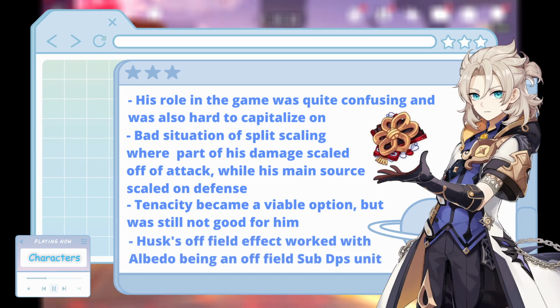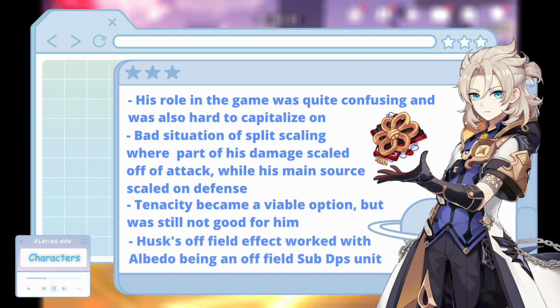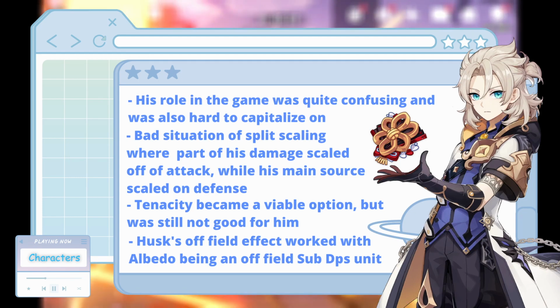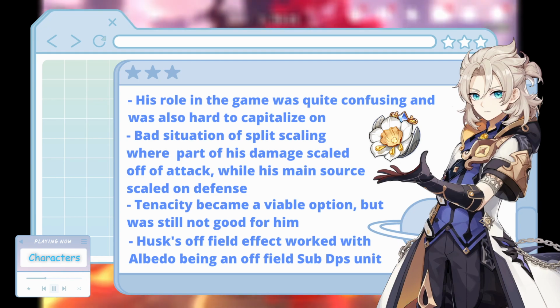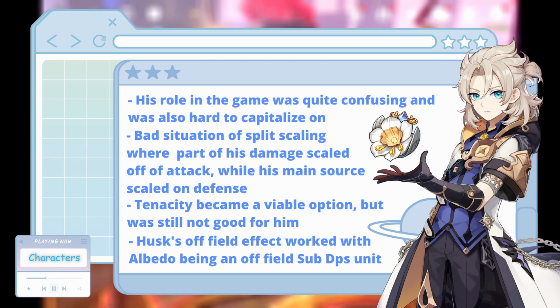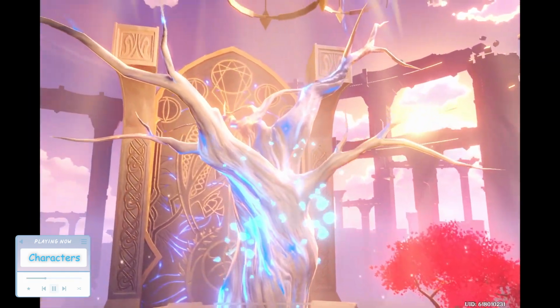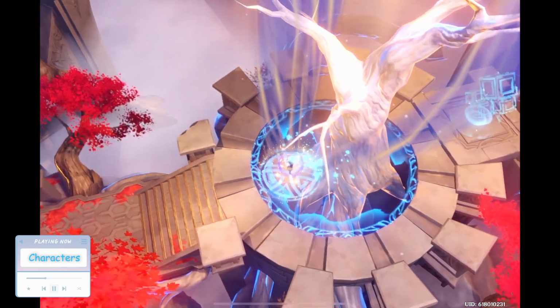Husk worked perfectly for him, allowing him to benefit from the off-field usage while increasing defense and geo damage bonus for his skill. And while later on Golden Troop would overtake this by honestly not that much, Husk is still his close second best, and without a doubt better than Archaic Petra. And soon after Albedo leading the charge with Geo, getting somewhat of a buff, we